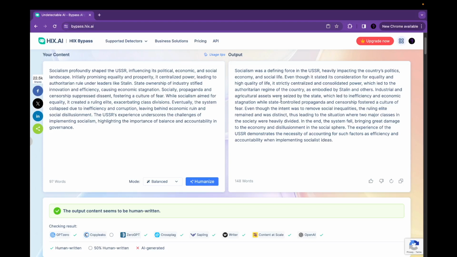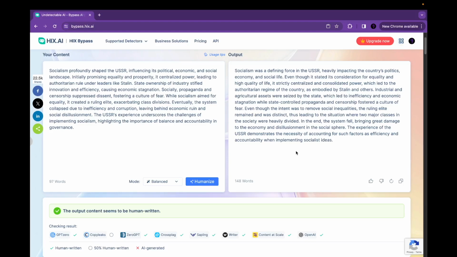Even though it stated its consideration for equality and quality of life, it strictly centralized and consolidated power, which led to the authoritarian regime of the country as embodied by Stalin and others. So as you can see, it still holds the point that was given to us from the AI written content,